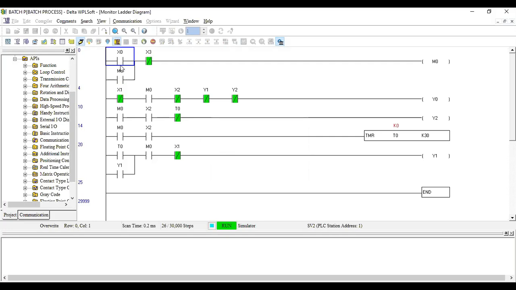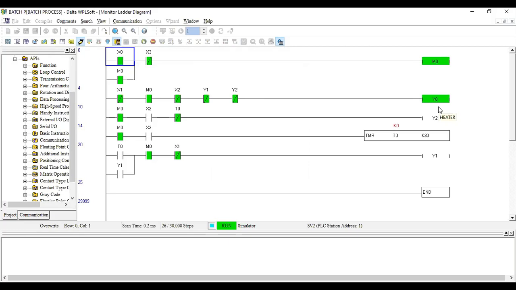So first we'll start the process. Now Y0 is on. You can see the Y0 is on, assuming that your liquid level is low. Okay, liquid level is low, so your output, that is your inlet, is getting filled. The tank is filling with water, inlet valve is open. The inlet valve is open.